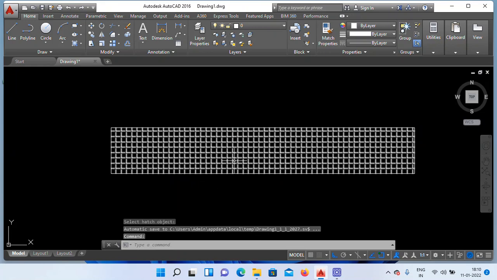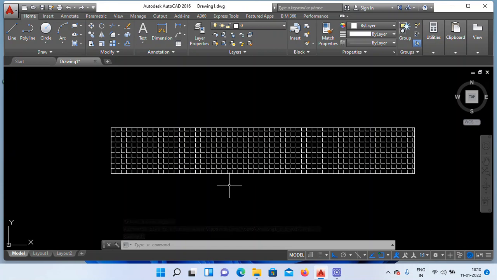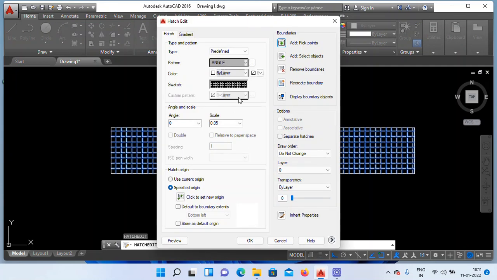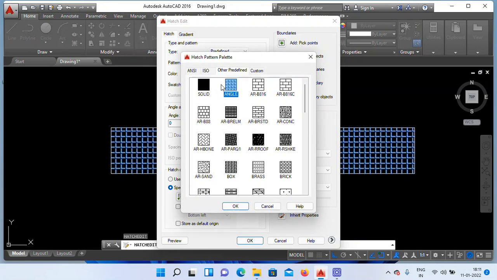See, the design clearly appeared, right? If you don't want this design, you may change the design completely by entering the hatch edit command. HE, enter. Click on the changeable design. Click on swatch design.